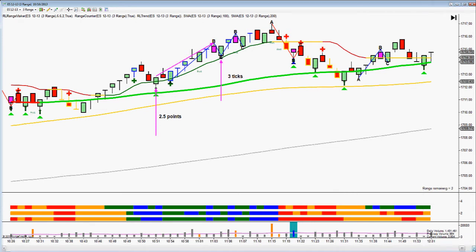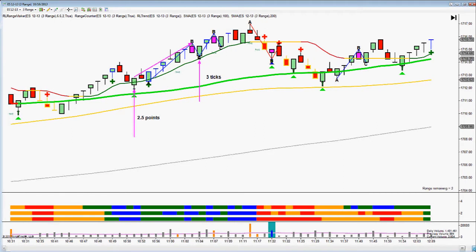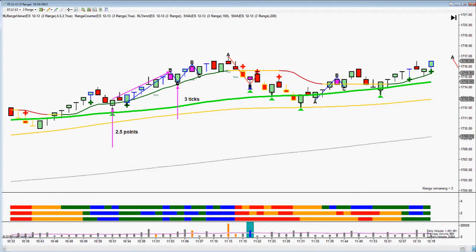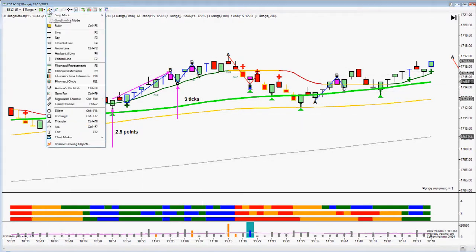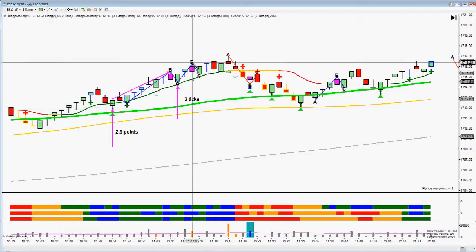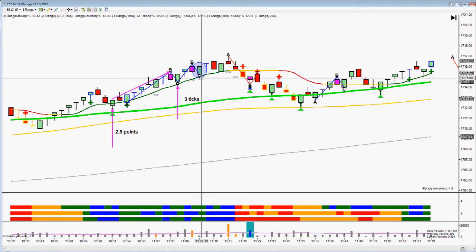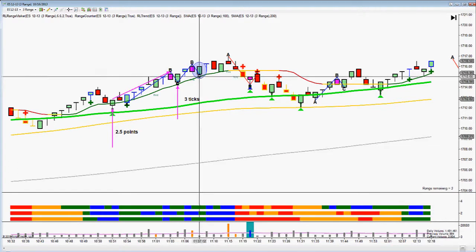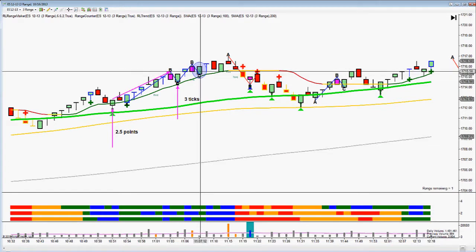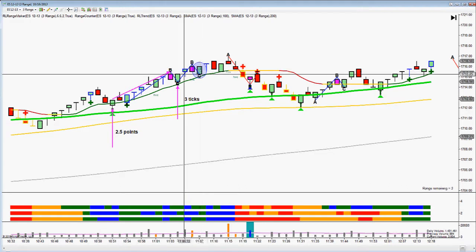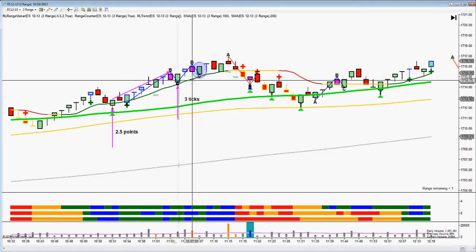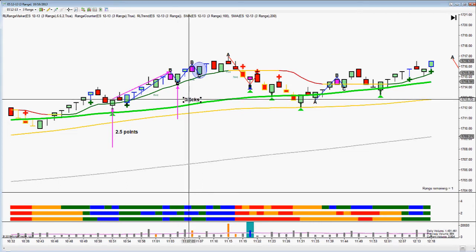Now, there's a lot of reasons why, based on Right Line trading rules, we do not take this C. It's a little bit of a more advanced strategy that I would go into if you come into the trading room or you buy the software, but this is not a tradable C. This is the C, the only C that we can trade. Now we have the market come down,